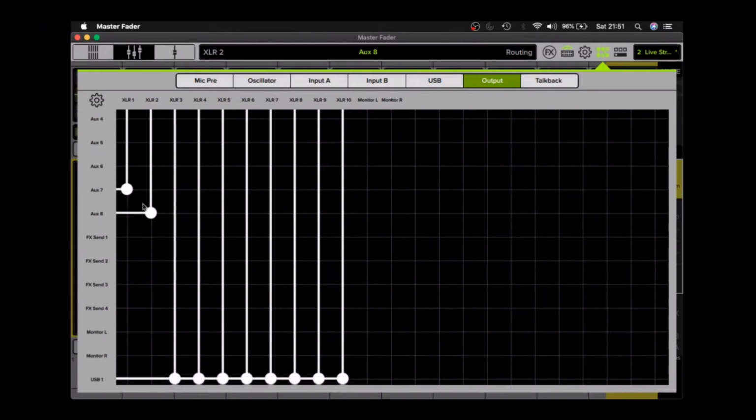And 7 and 8 is now going to XLR 1 and 2, where I have my physical preamp plugged in. Because somebody will say to me, why didn't you just plug your left and right into 7 and 8? And I get a delayed return because it has to go through that entire loop to come back to me. Whereas if I plug it into 1 and 2 and send that directly from 7 and 8 to XLR 1